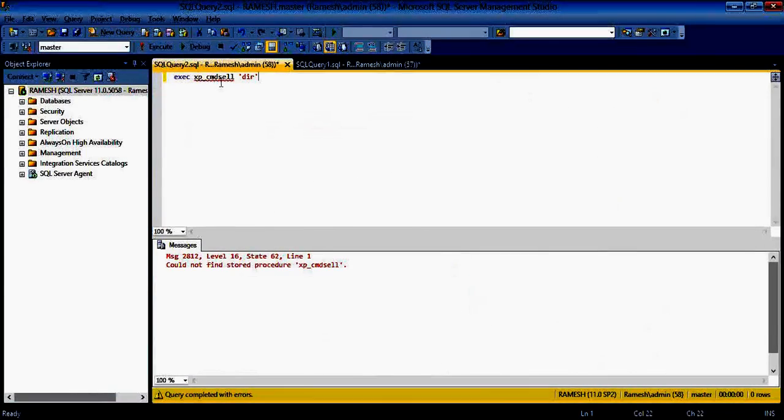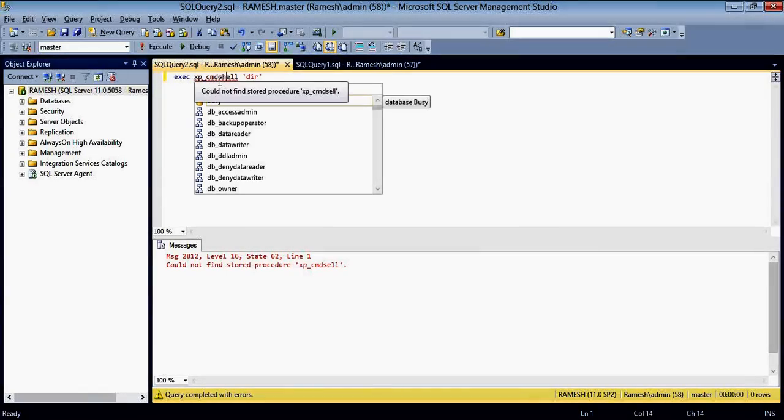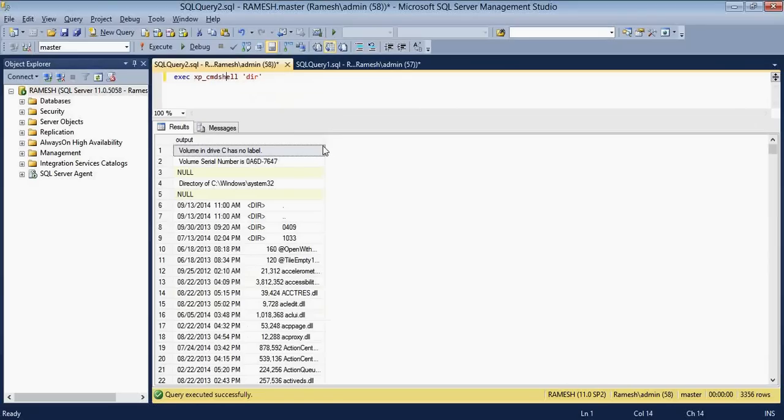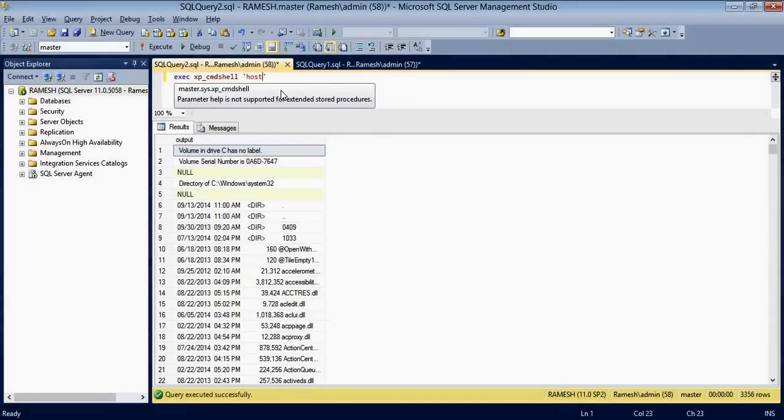Here you can see how I have used the xp_cmdshell command.